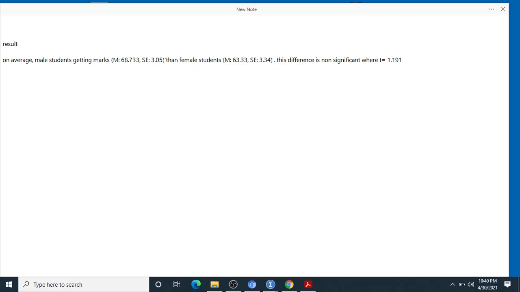1.19. Degree of freedom is 28. So the value is more than 0.05. That's why we write down here that this difference is non-significant. If the value came less than 0.05,